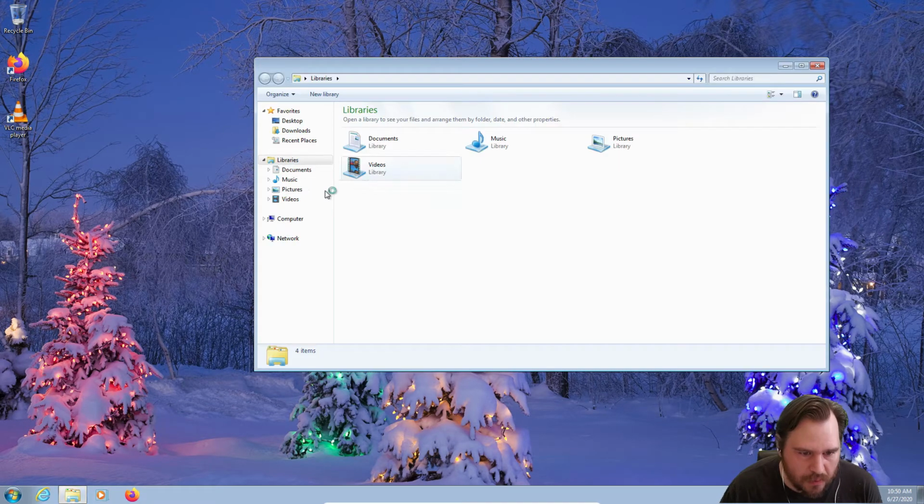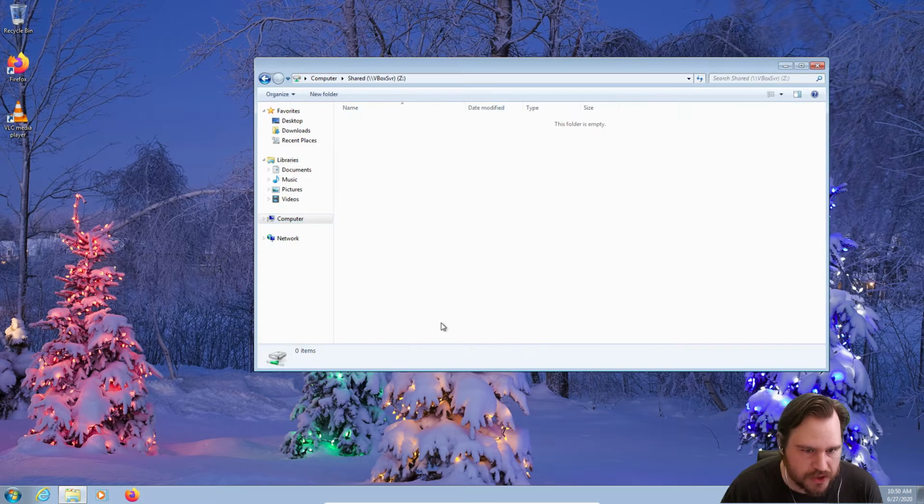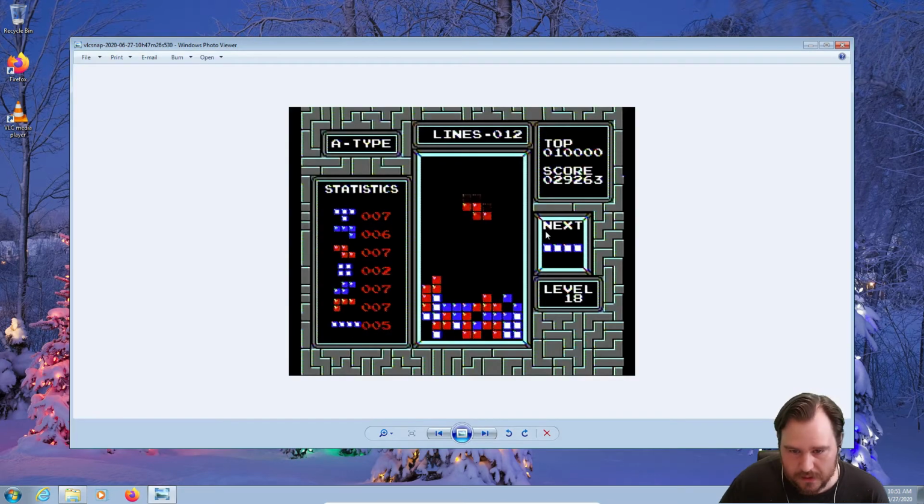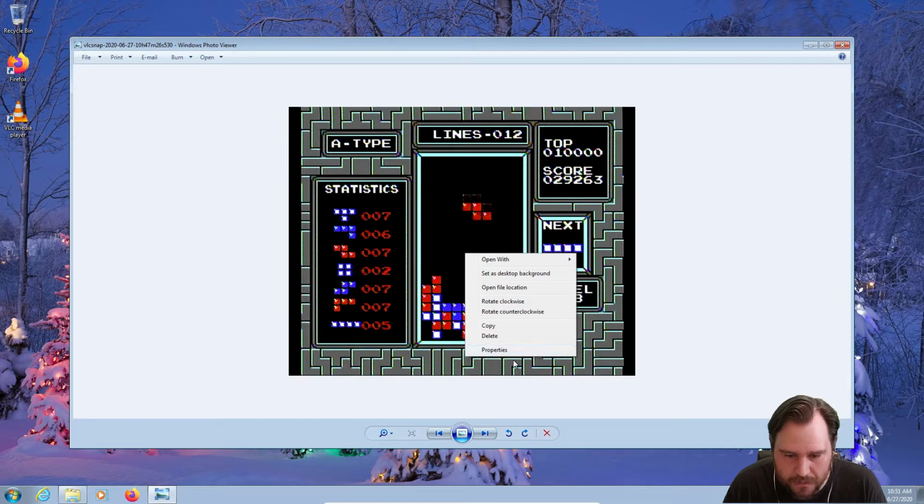Okay, I have this shared folder. If I copy these things to my shared folder in Linux, they should pop up here in Windows. Okay, that's what we got. So we are going to use this image. Now this image